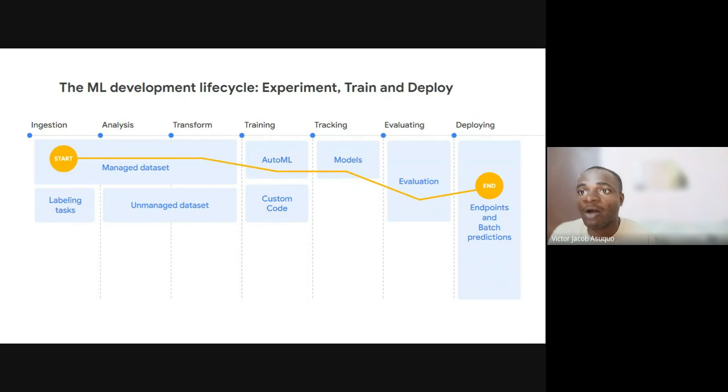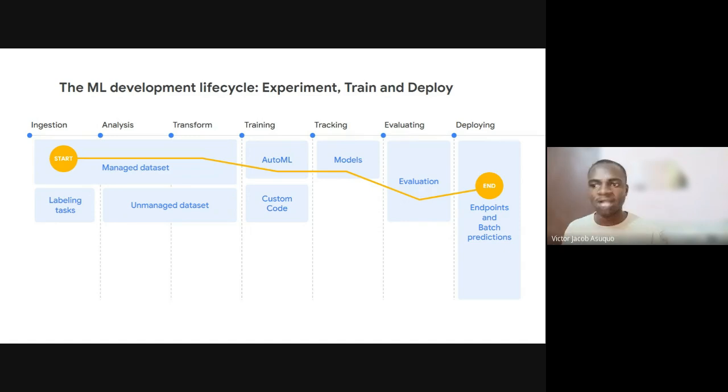You can train your model the way you want on Vertex AI. There are also no code, low code tools like AutoML, and custom code, meaning you can customize how you want to train your model. In AutoML, you still have your configurations, but it makes your entire work easier. You can as well say no, I want to customize my model. Then you are free. You can write your code, train and deploy it as well.